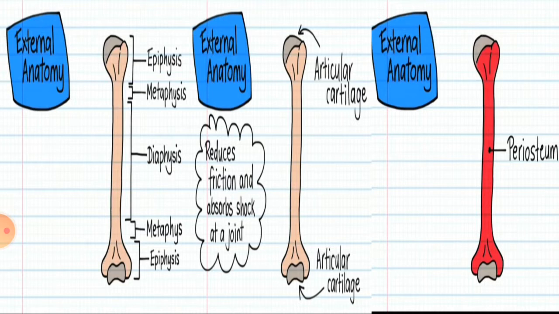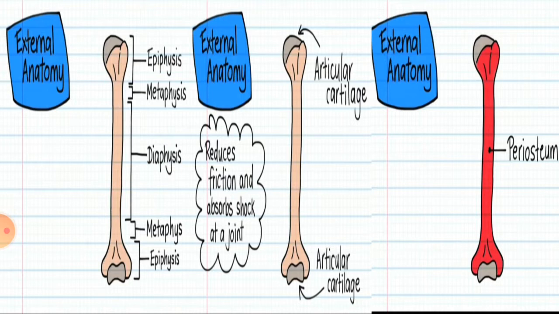This image is showing the external anatomy of a long bone. You can appreciate different parts of a long bone, starting with the epiphysis. This is the dilated part of a long bone, and it basically makes the upper and lower ends of a long bone. And also, the important thing about the epiphysis is that in this part, the secondary ossification centers basically appear. And next is metaphysis.